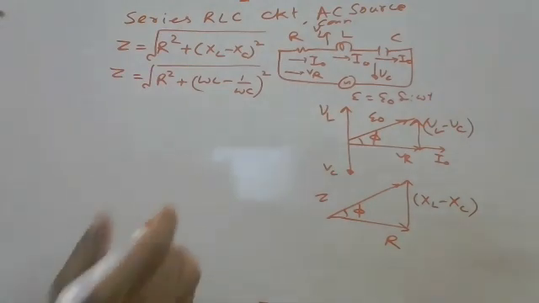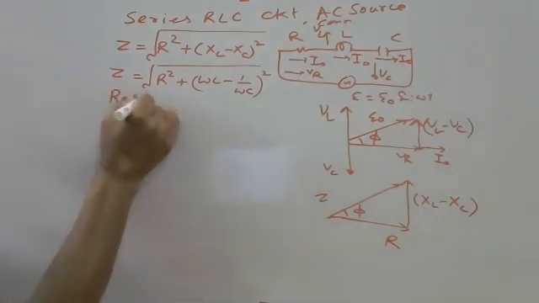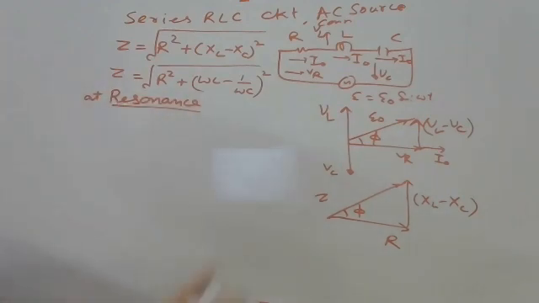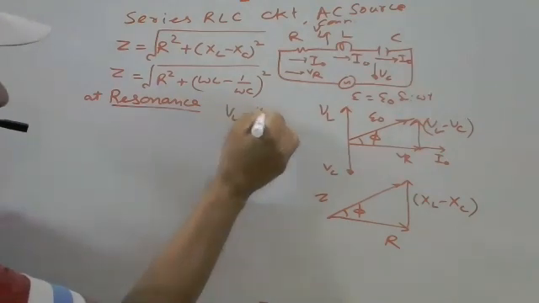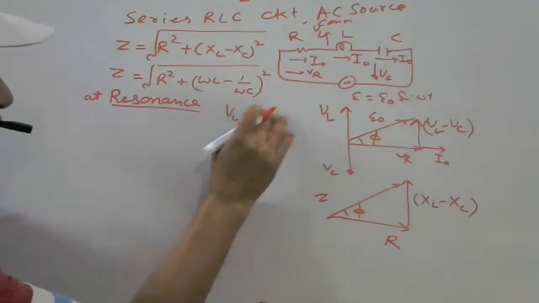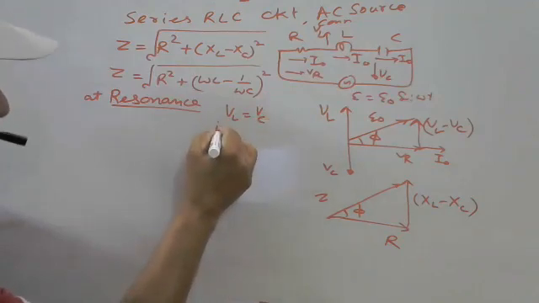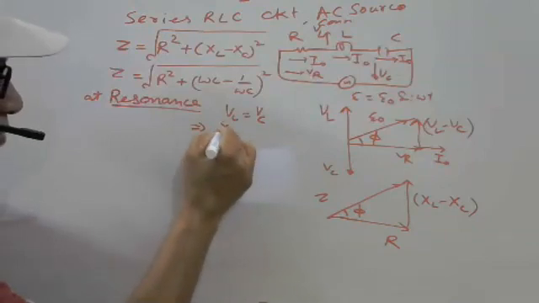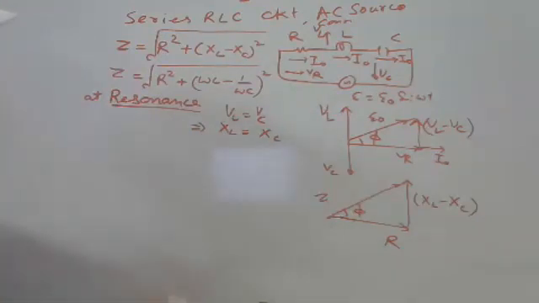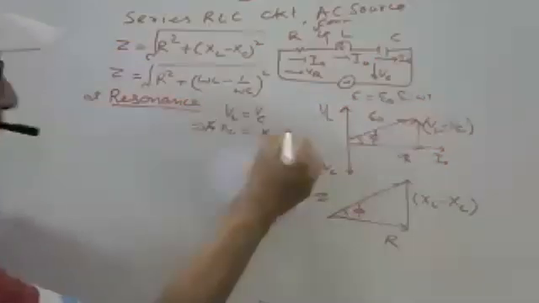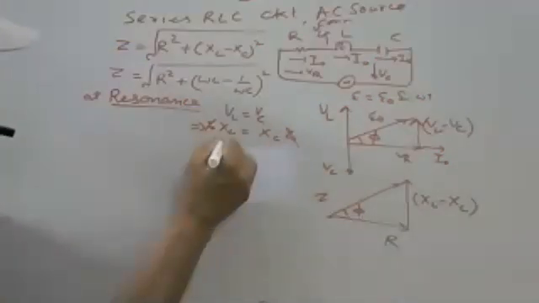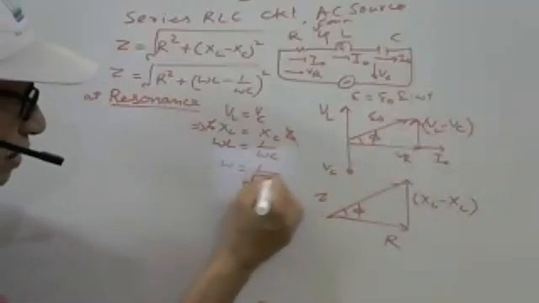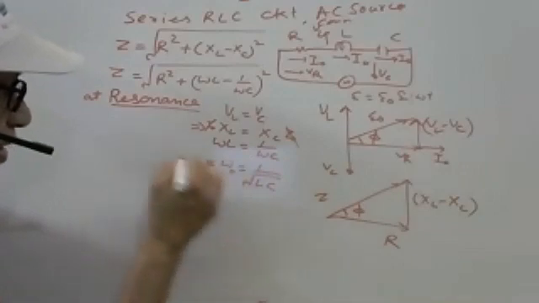We were discussing the resonance condition, especially the resonance condition. So at resonance, what will happen? VL and VC, they are equal. I naught XL, or you can say I naught cancels out, XL equal to XC. I naught, whatever it is, cancels out. XL means omega L is equal to 1 upon omega C, and omega will be 1 upon root LC. It is called either omega naught or omega R.